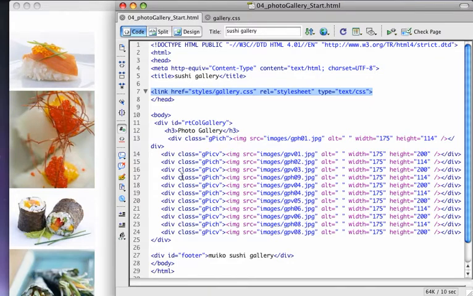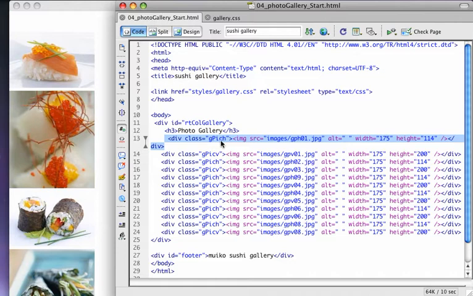The code is super simple. Inside my body tag, I have a div which has an ID assigned to it of right column gallery, and inside that div I have my h3 tag, and then I basically have my images, which are just a series of images that have been added in here. Each image has a class assigned to it. So I've made classes of